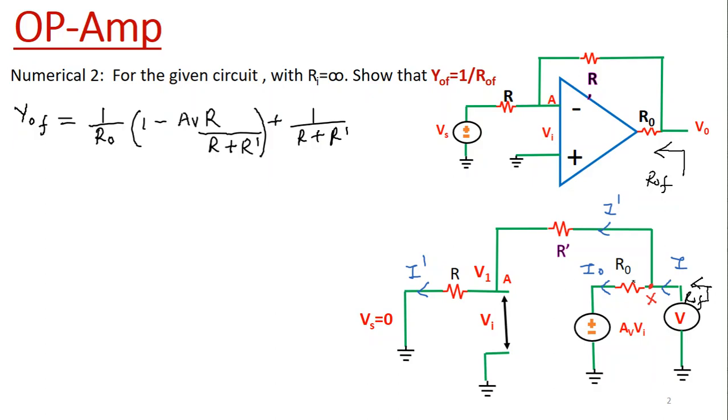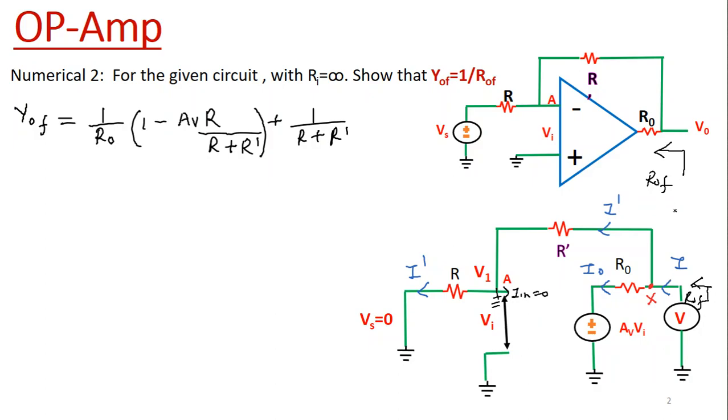We know that in the output side of the equivalent circuit of the operational amplifier, RO will exist, that is the output resistance, and a dependent voltage source, that is AV Vi, will exist, and this Vi is the input differential voltage to the operational amplifier. Since input resistance is infinite here, we have replaced it by an open circuit. This is the virtual ground point. So here the input current will be equal to 0, since it is an open circuit.